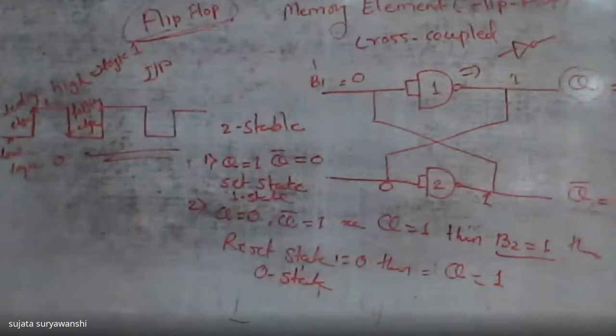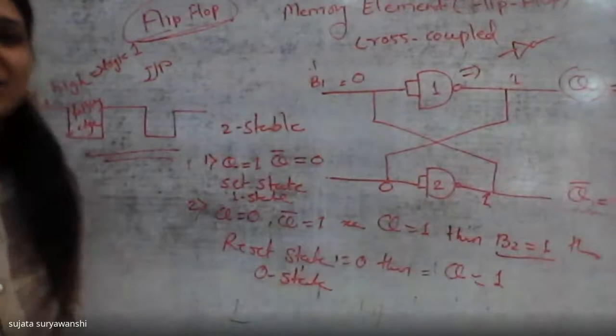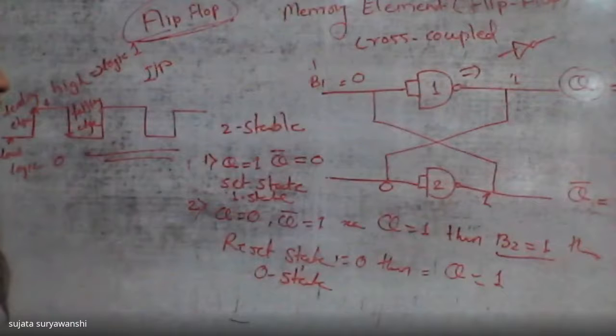Just write down all the terminologies. We are going to use all these terminologies in the different sequential circuits. So you should know what you mean by present state, what you mean by next state, what you mean by flip-flop, why it is called a one bit memory cell, and what are the two different